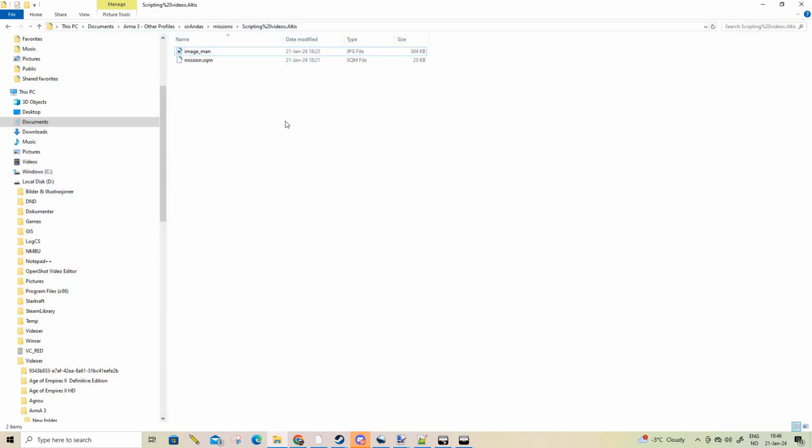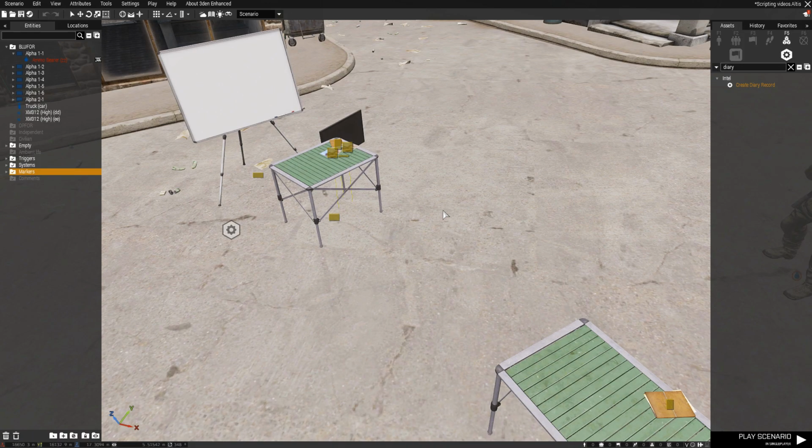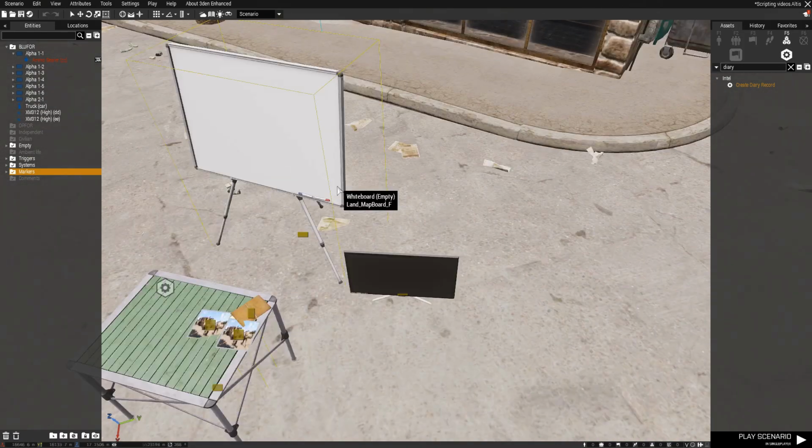And we're going to use that. You need to name it something. It could be, name it whatever you like. But I've named it Image Man for simplicity's sake. Alright, now that we have the picture in our file directory,